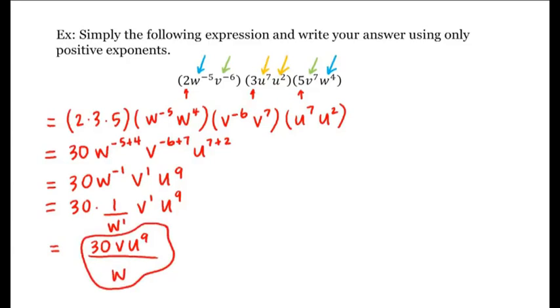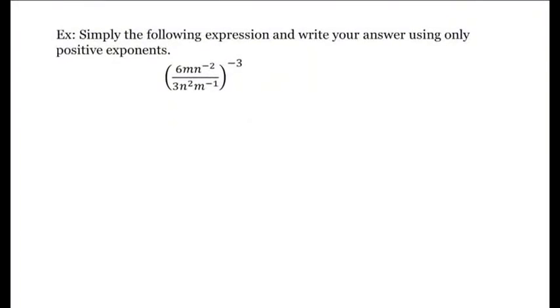All right, let's see another example. Let's simplify this expression and write our answer using only positive exponents. Well, the first thing we can do is simplify what's inside these parentheses by, again, grouping like terms. So this is equal to, let's group our numbers together, so 6 divided by 3, and then times, grouping our m terms together, we have m divided by m to the negative 1. And then finally, grouping the n terms together, we have n to the negative 2 divided by n squared, still